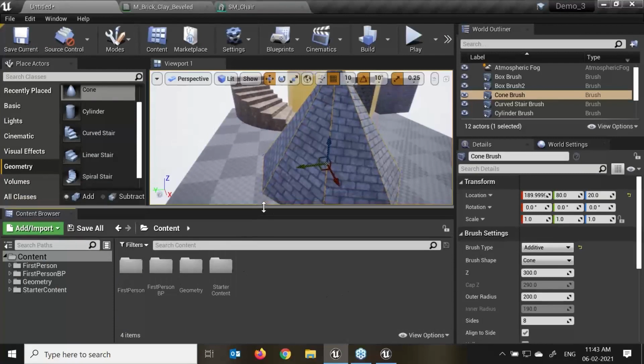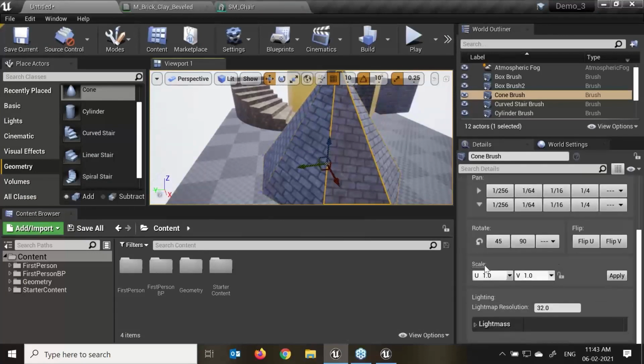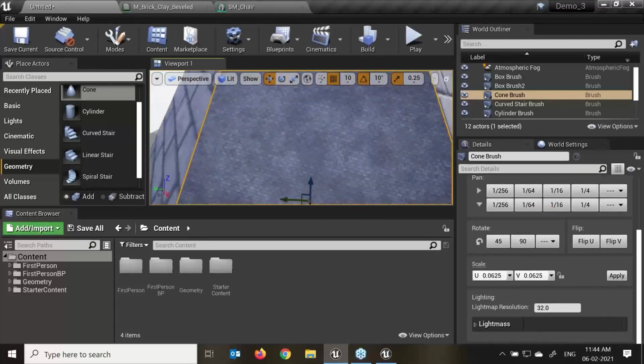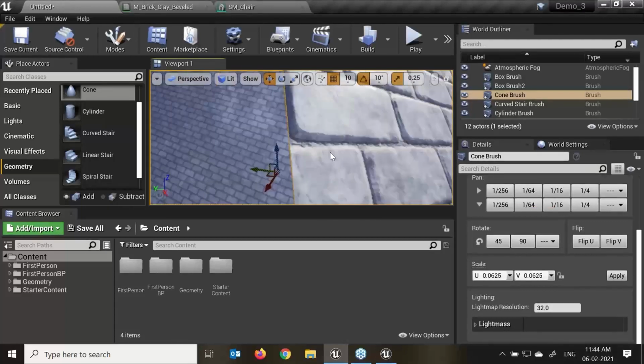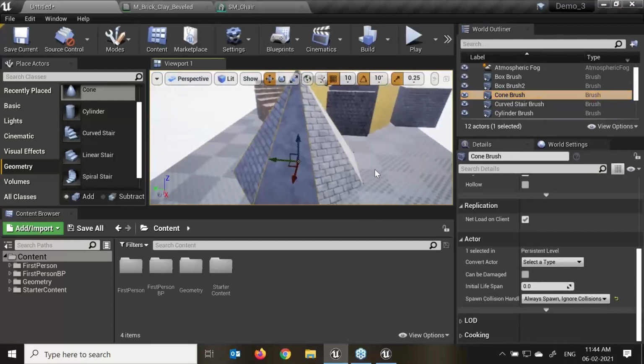So into the, this is the UV sets we have. Okay, here we can stretch as per the requirement. Here I'll reduce to 0.65, 0.625 and just apply over here. You can see this particular UV scale reduced. So this is really very important.